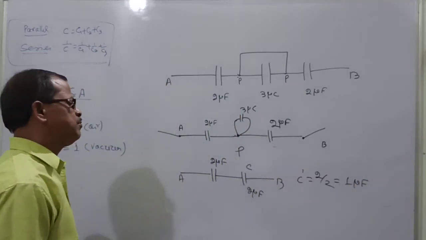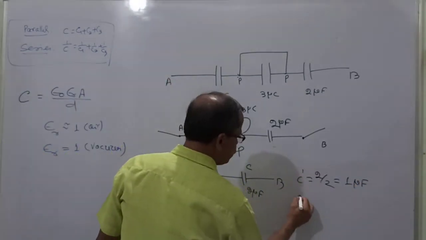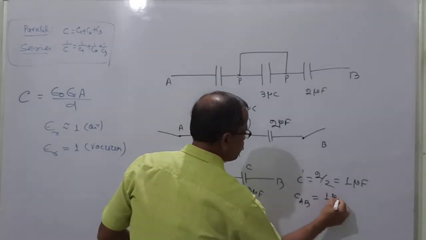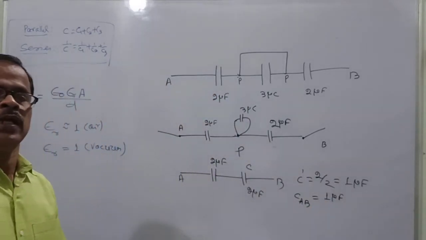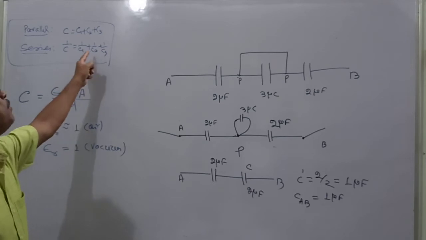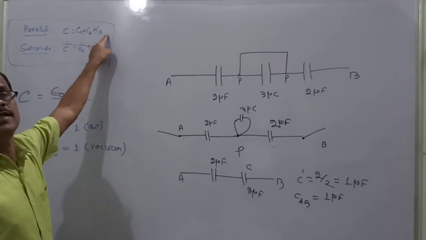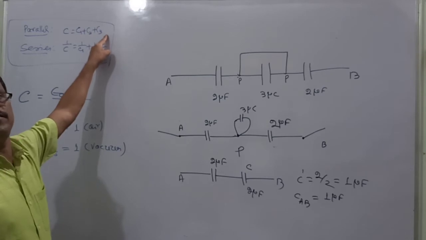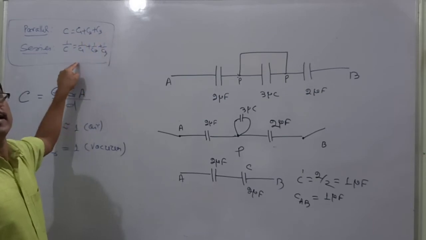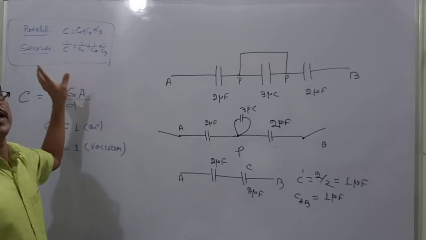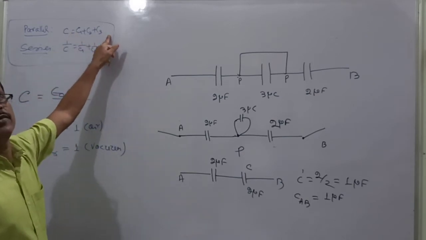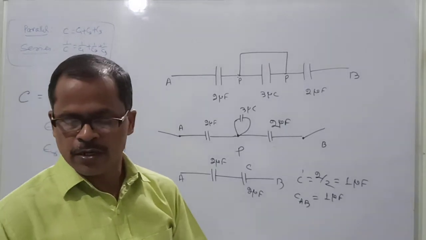This is the net capacitance between the points A and B, C dash, or you can write C_AB. Net capacitance between the points A and B is 1 microfarad. As I told you, in series combination, net capacitance decreases because of the reciprocal sum. In parallel combination, net capacitance increases. These are the points you should remember. I will tell you from time to time, so you try to also remember. Net capacitance increases in parallel, and decreases in series. If all are equal, it will decrease by n times in series, and increase n times in parallel. This is the idea of capacitors in combination.